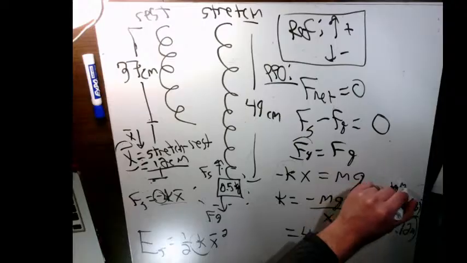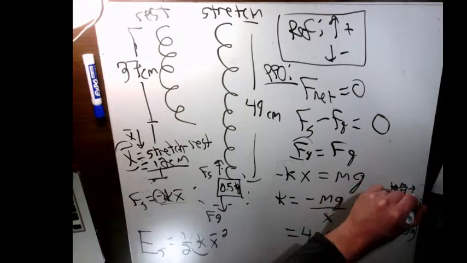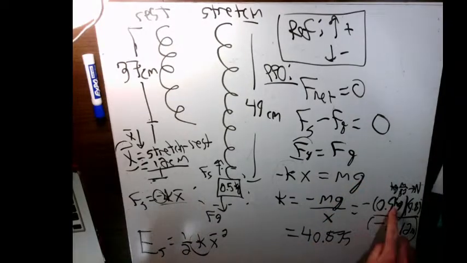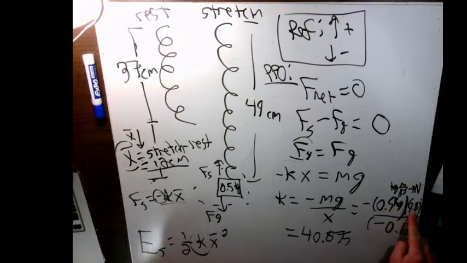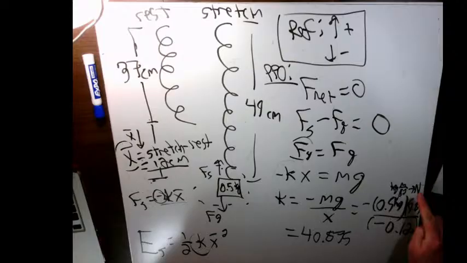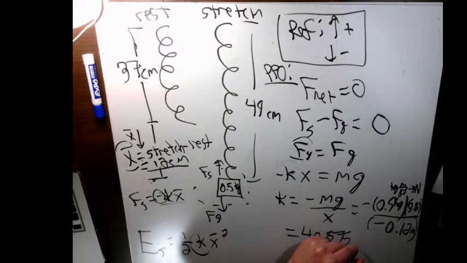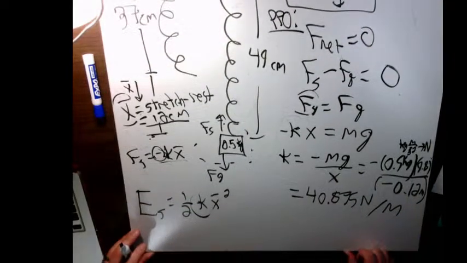Kilogram meter per second squared turns into a newton, right? Mass times acceleration becomes newtons, and these are the fundamental units of a newton. So we have newtons per meter, which is what we needed for our k constant. Good. Now we're ready to throw it all